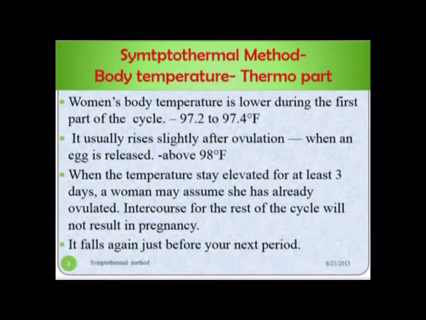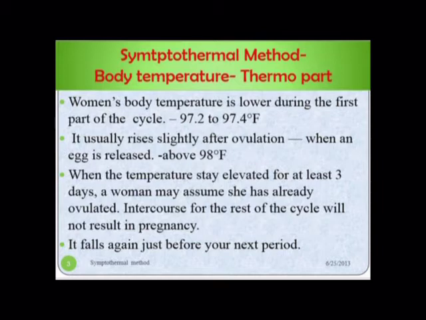The method has two different parts. The first one is about thermal. A woman's body temperature is lower during the first part of the menstrual cycle. Now it's around 97.2 to 97.4 degrees. It usually rises slightly after ovulation when an egg is released, and now the temperature will be above 98 degrees. When the temperature stays elevated for at least 3 days, a woman may assume she has already ovulated. Intercourse for the rest of the cycle will not result in pregnancy, and the temperature will fall just before her